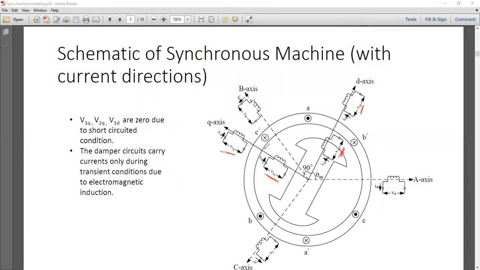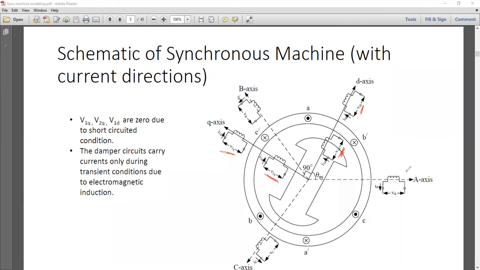Now let's look into the direction of currents through these coils. Before you start modeling your machine, you have to go through some convention. The convention is basically regarding the flow of current into the coils. So in this lecture, we are going to assume that if it is a generator,